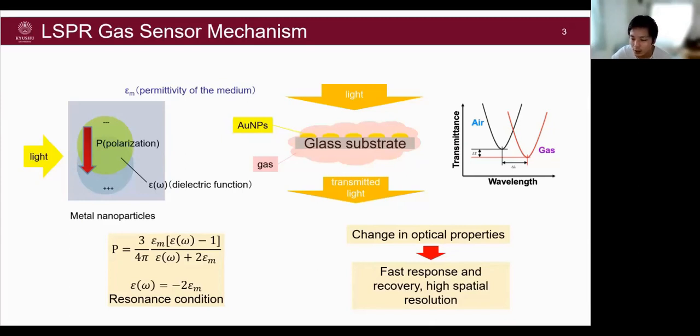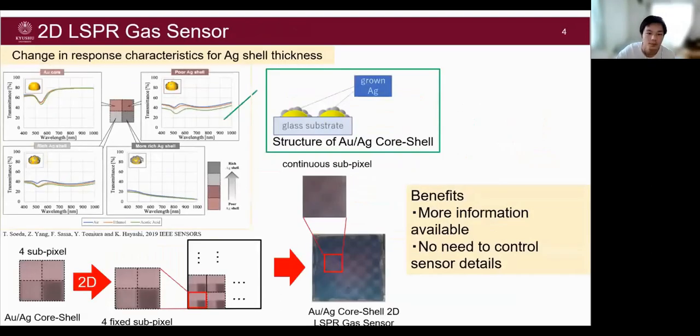This LSPR gas sensor uses the change in optical characteristics for detection. It is suitable for real-time visualization of gases because of its fast response and recovery speed and excellent spatial resolution. The LSPR sensor can measure gases by transmitting light through the sensor and capturing the change in the transmitted light